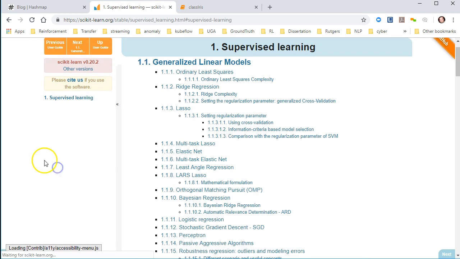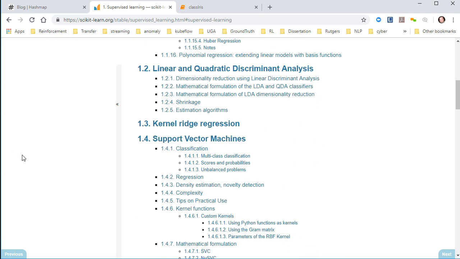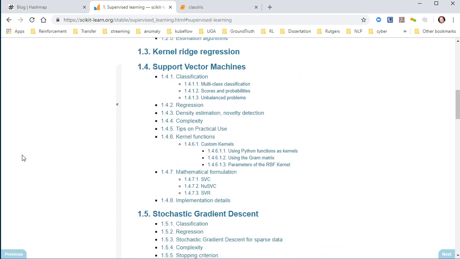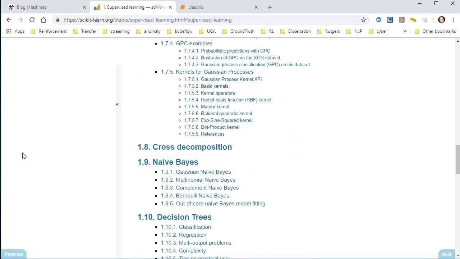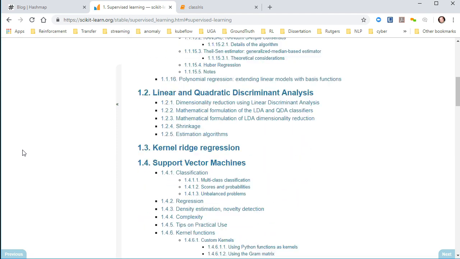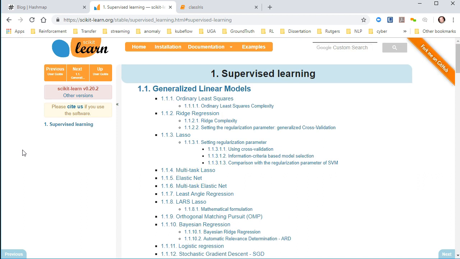And I'll give you an example, right? Say I want to go and I want to do some classification. Well, if I'm new to machine learning, look at all this terminology that's here, right? If I'm brand new to machine learning, nine times out of ten, I don't even know what a lot of this stuff means. So my point is, the reference itself is built for someone that really already knows a lot